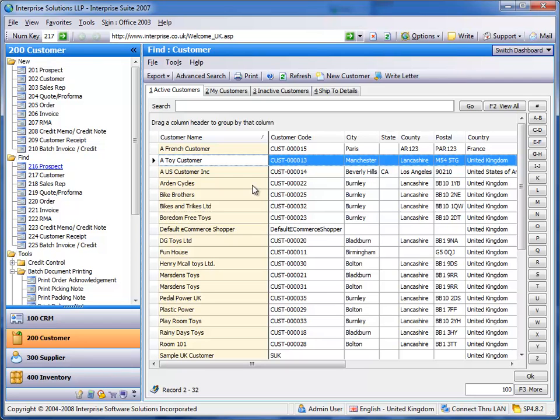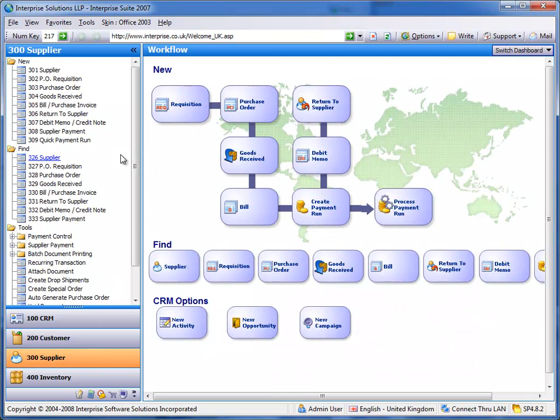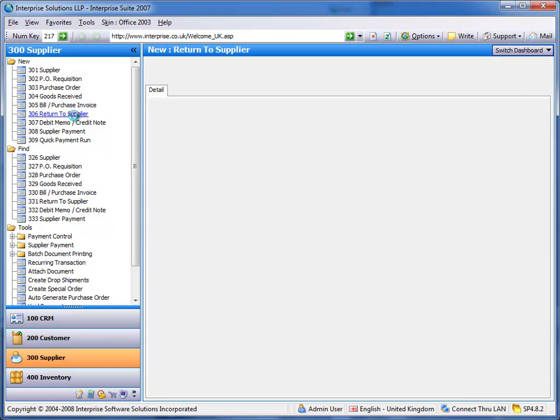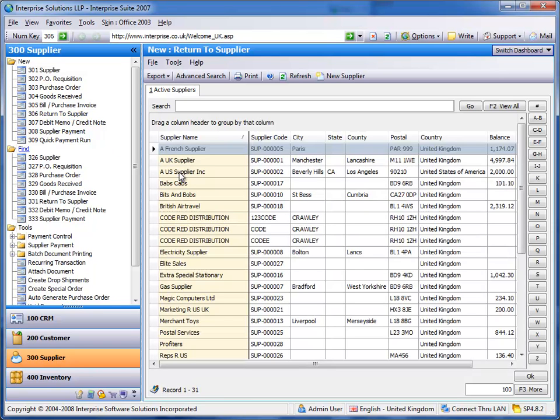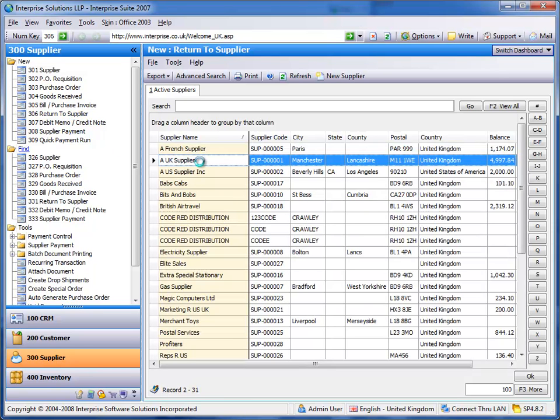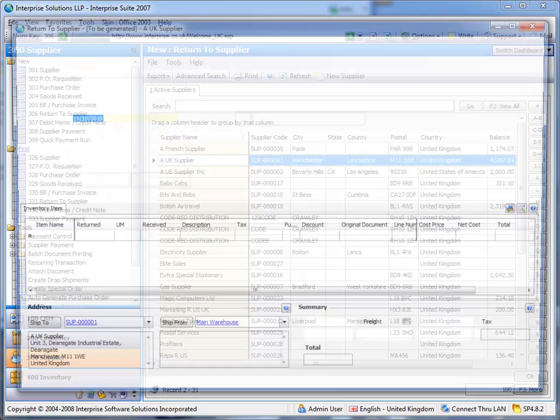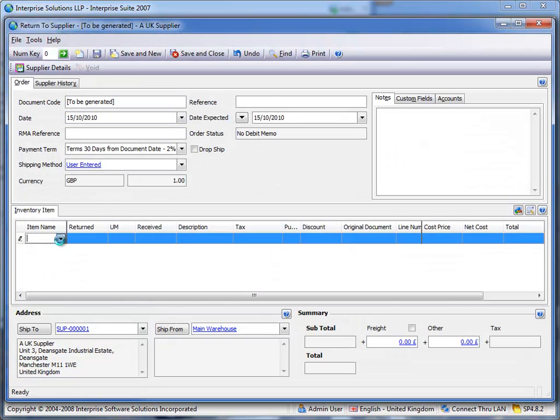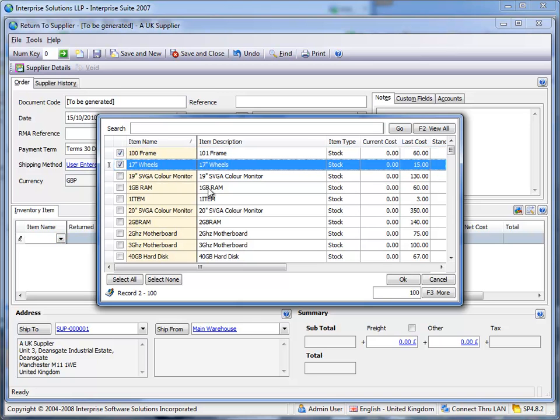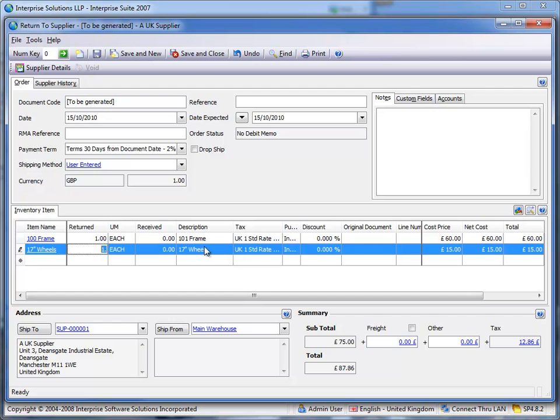Just moving on to supplier, we've made a couple of changes in here, namely a large one that a customer's been asking for quite a while now, and that's returns to supplier. So rather than having to do an adjustment out and then credit in the supplier, now a user can actually pull up a supplier, select a couple of stock items, or however many they want, and then return those to supplier. They can obviously change the price. What happens when we save this,